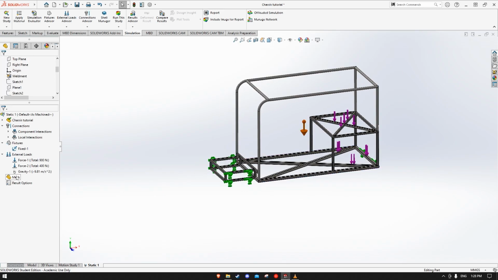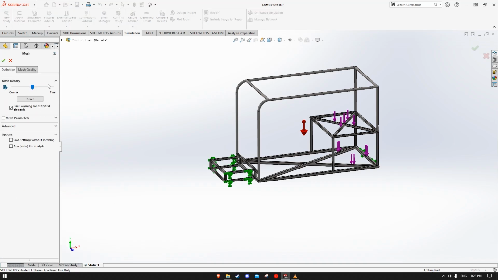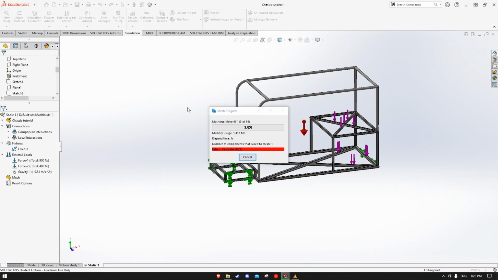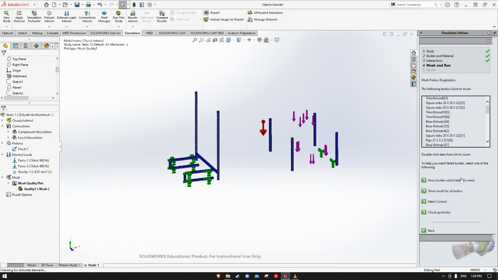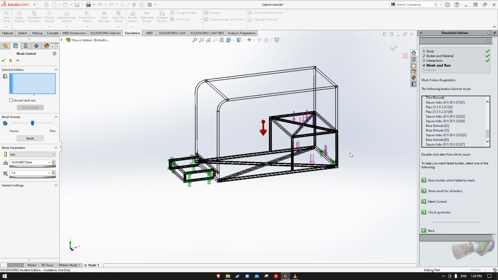Next, we mesh, so right click, create mesh. Now this is where we might face some errors, so we can try first just a regular mesh and click on OK. See, we have some errors here that we can also fix. Okay, so if you get this error, come to mesh failure diagnostic, and we have here several meshes that are not coming. So we can come to mesh control, click on use per part mesh,